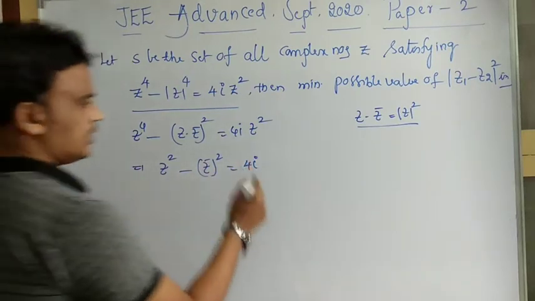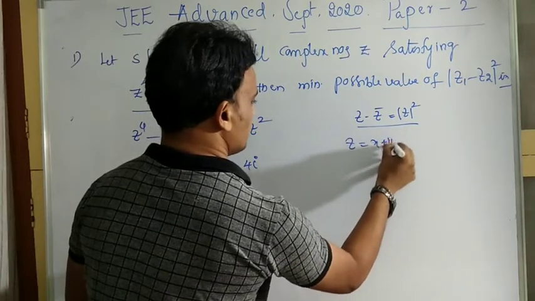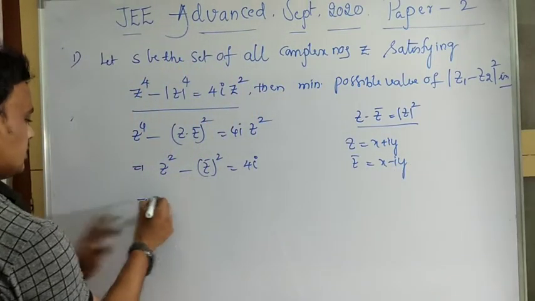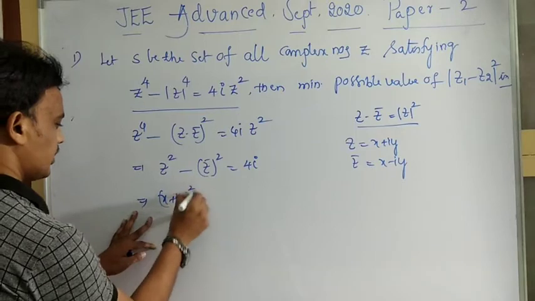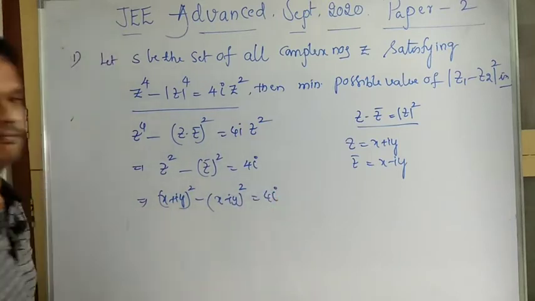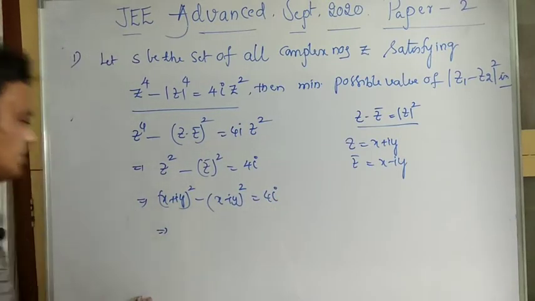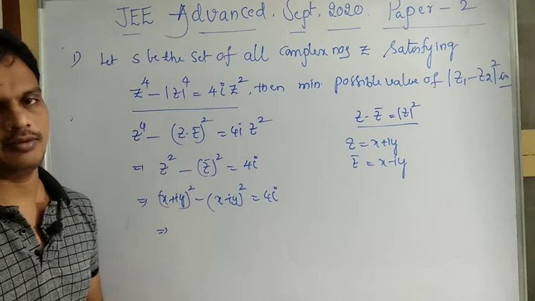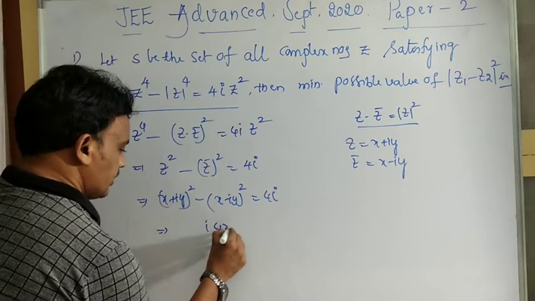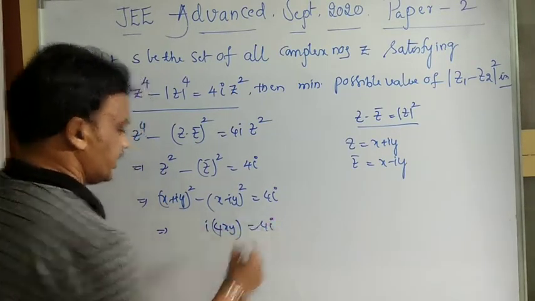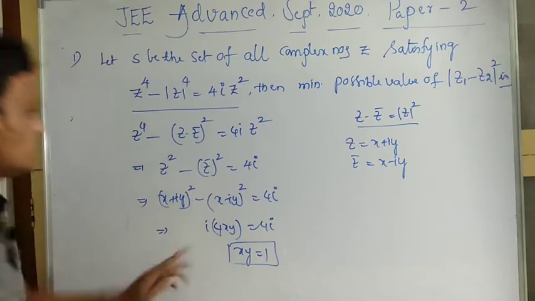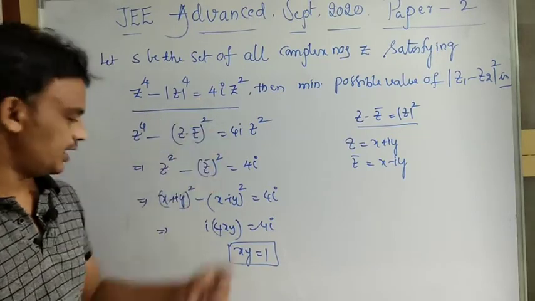Let Z equal x plus iy; its conjugate Z bar is x minus iy. Now this is (x plus iy) whole square minus (x minus iy) whole square equals 4i. Using (a plus b) whole square minus (a minus b) whole square, which is 4ab, we get 4i times xy equals 4i. Then xy equals 1. So the condition satisfying the given condition is xy equals 1,